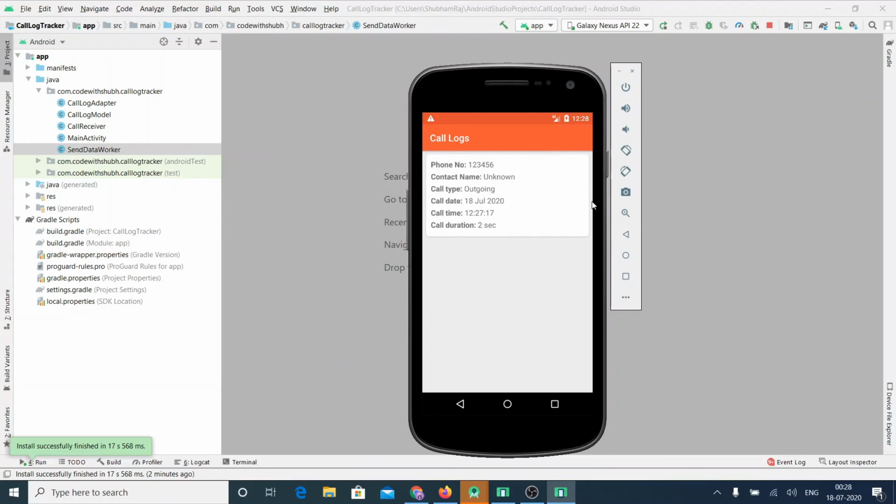In the first part I will show how to fetch the call log and show it on the screen, in the second video I will show how to send the data to the server, and in the third part I will show how to set up a background activity, meaning this app will send the data every 15 minutes or any specified time. So we will see that.